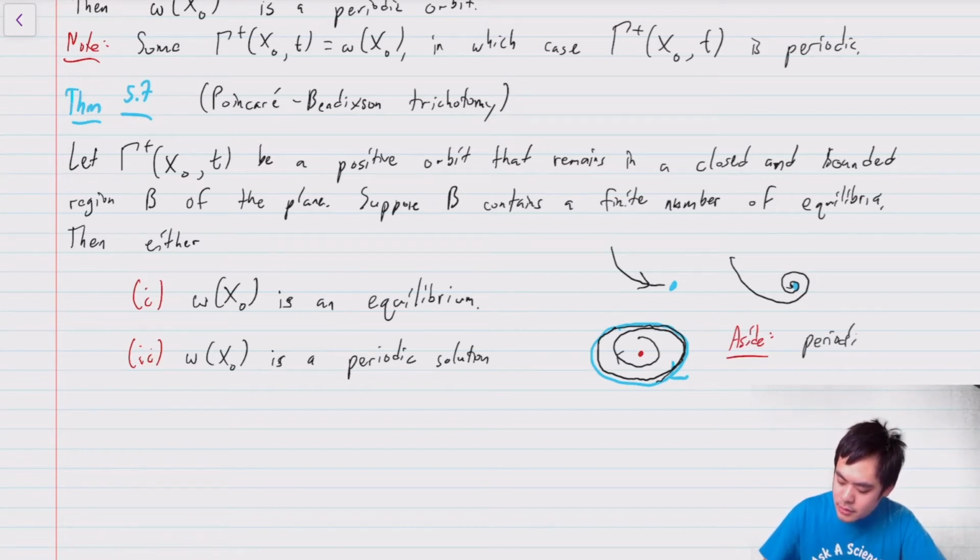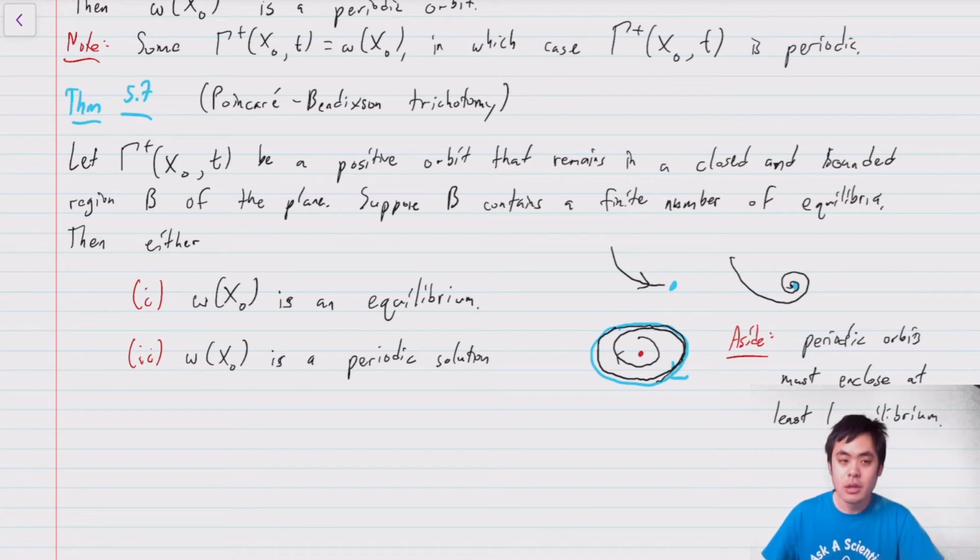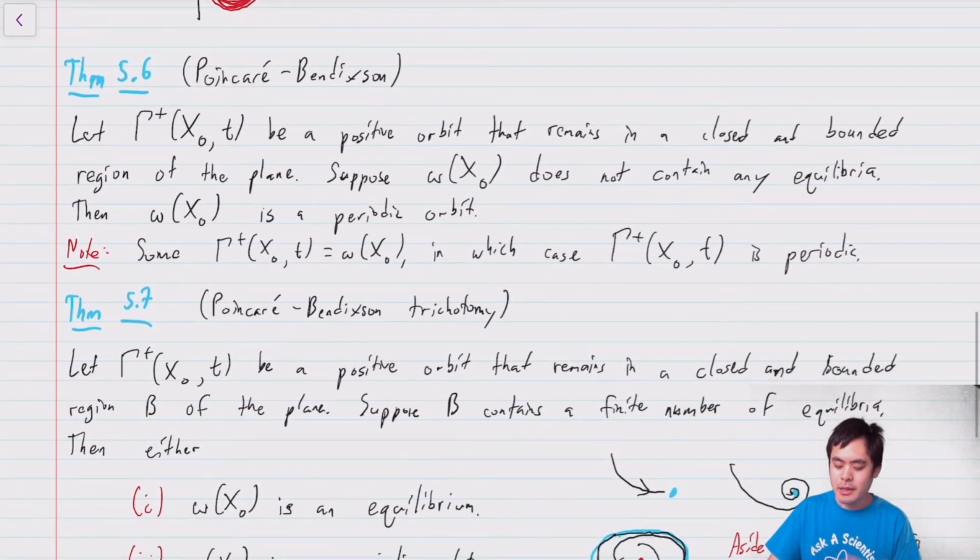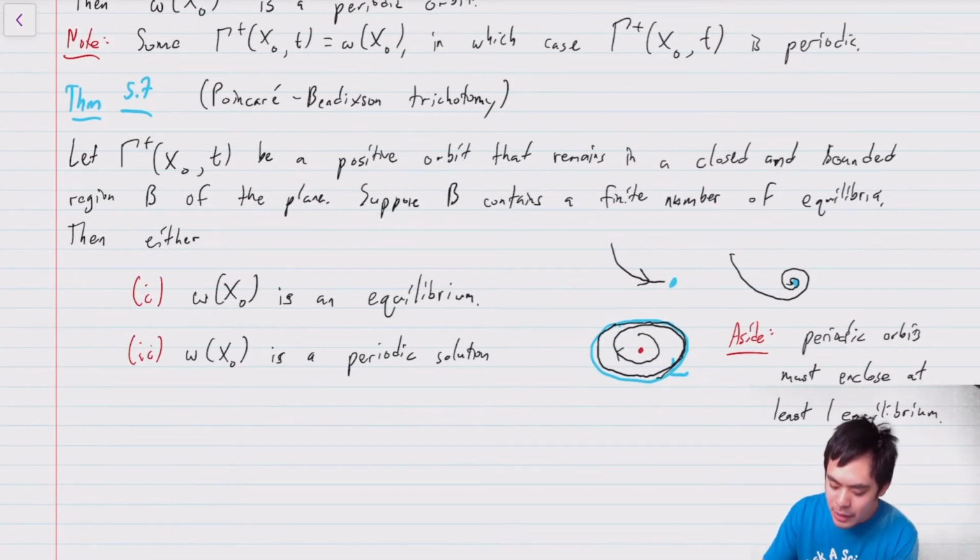One important thing to note is that in this particular case, as an aside, periodic orbits must always enclose at least one equilibrium. Now you might be asking, this seems a little bit weird, because then we just said that if you're a positive orbit in a closed and bounded region of the plane that doesn't contain any equilibria, you have a periodic orbit. This turns out not to be a problem, because what you do here is you create your bounded set to be